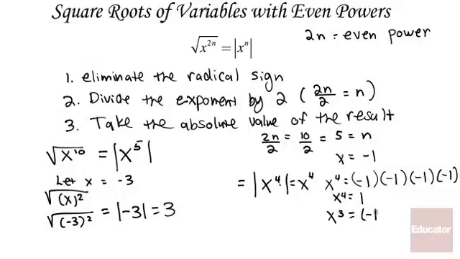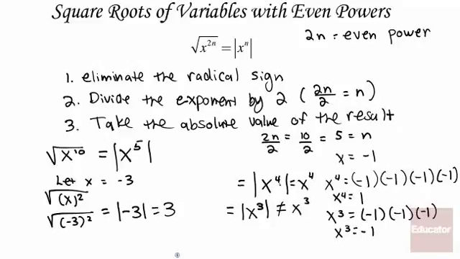Okay, if I have x to the 3rd, that's an odd power. It's a different story. Because -1 times 1 is 1, times -1 would be -1. So x to the 3rd equals -1. And remember, I don't want to end up with a negative expression when I'm dealing with the radical. Therefore, I do need the absolute value, because the absolute value of x to the 3rd does not always equal just plain old x to the 3rd. If x happened to be positive, then yes, x to the 3rd would equal the absolute value of x to the 3rd. But I don't know that because this is a variable, and I don't necessarily know what the variable